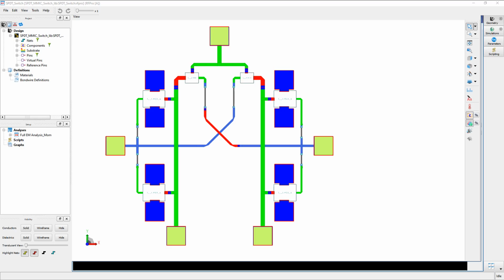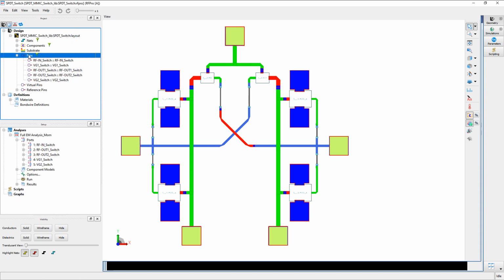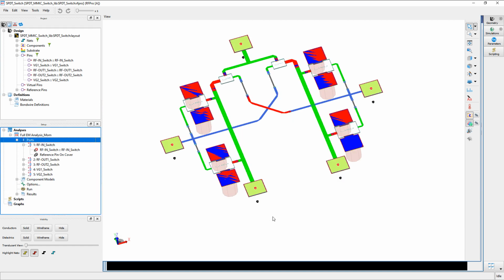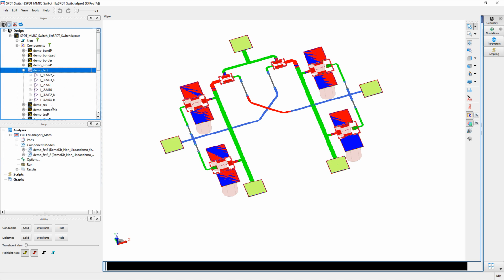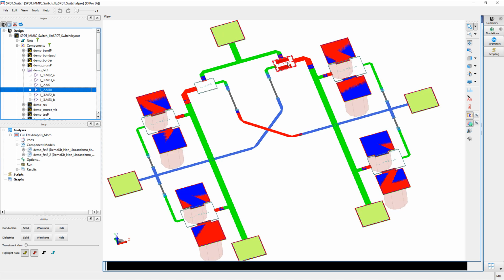The whole design is exported to the RF Pro page, and similar to what I did on the PA, I drag down the pins to form the ports, and I drag down the circuit component models to be co-simulated with the EM results of the layout.